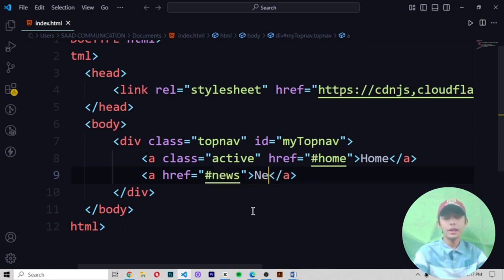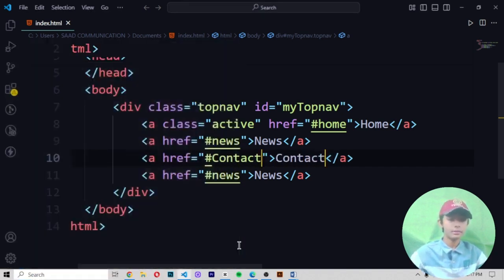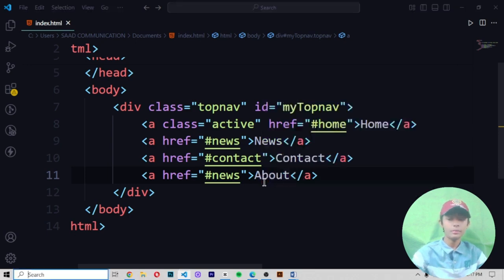Here we do not define a class. Okay, and then News. Copy, paste. Here you write Contact, okay, and this C will be in small. Here you write About, and here you also write About.